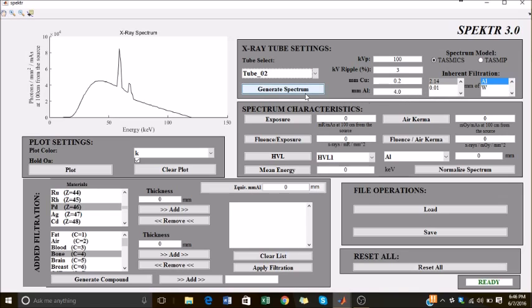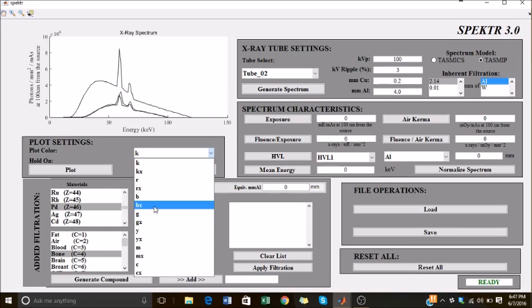Let's hit Generate Spectrum to see the changes we have made to our new spectrum. This spectrum was generated using the TASMIC spectral model. To generate a spectrum using the TASMIP model, we can select TASMIP and hit Generate Spectrum. To change the color of the last spectrum we created, we can select the value from the Plot Color drop-down